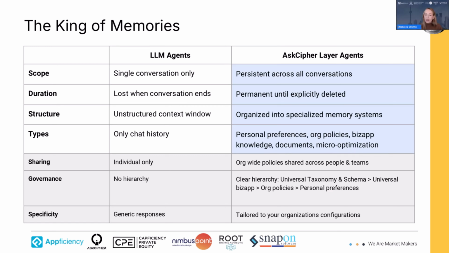So in simple terms, LLMs remember chat, but then Ask Cipher remembers the entire organization. Is that correct, Carlos? Exactly, Rebecca. It was meant and was created for organizations. Because of the structure and governance, it becomes smarter over time, enforces compliance automatically, and finally gives the AI the foundation that it needs to work across a real business, not just your personal life. So it's attached to what the real organization needs and not just single users.